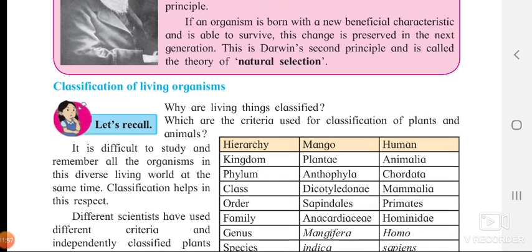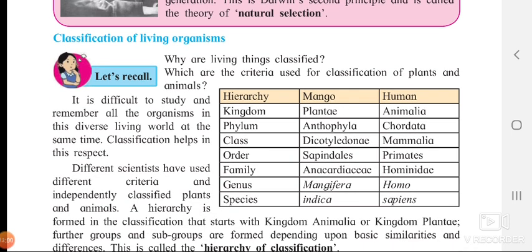Now, classification of living organisms. I will tell you one thing over here. Consider your own class of 7th standard. If there are 2 or 3 students of the same name, for example Aryan, and the teacher calls out the name Aryan, stand up, all 3 of them will be confused about whose name the teacher is calling. If I call out your name as well as your surname, only then will you be clear which particular student the teacher means. Or if I call out your roll number, then you will understand which kid I am speaking about.